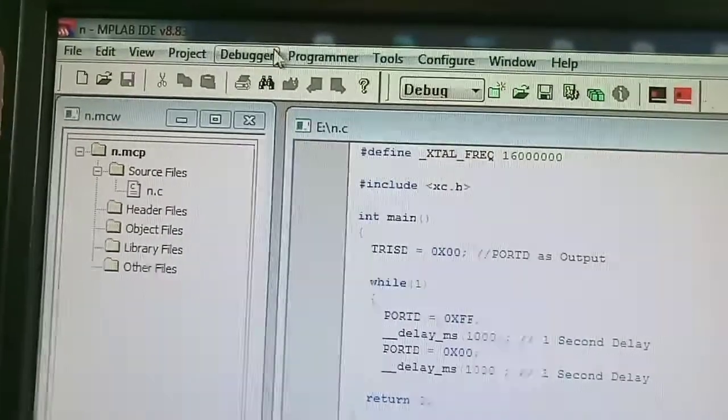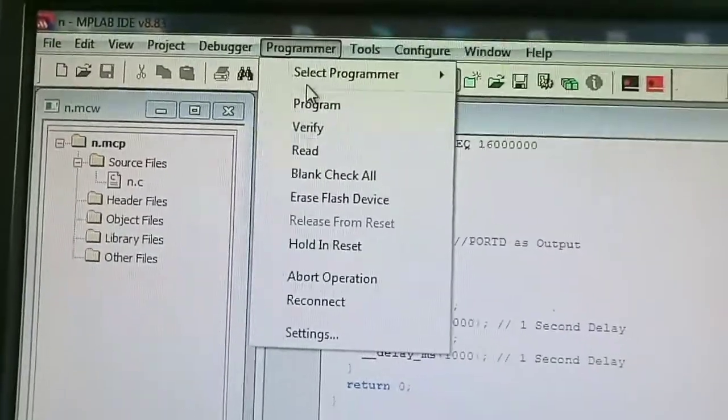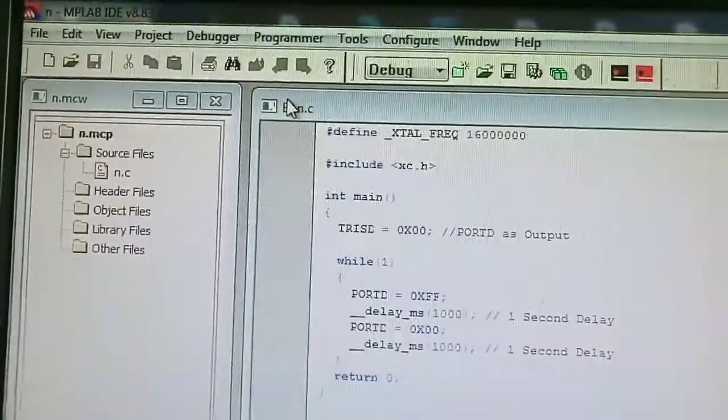Now see, when your PICkit is connected, you have to go to the programmer, then you have to click on program.